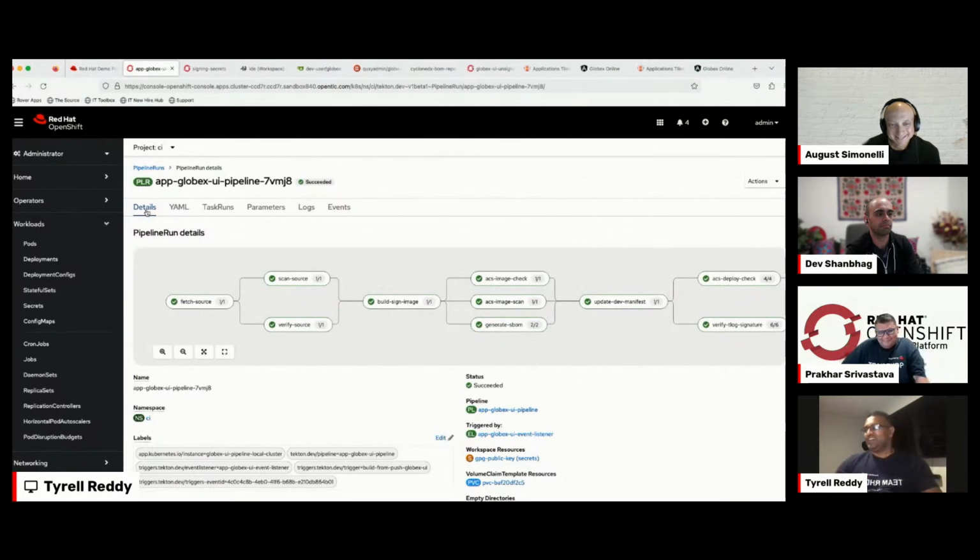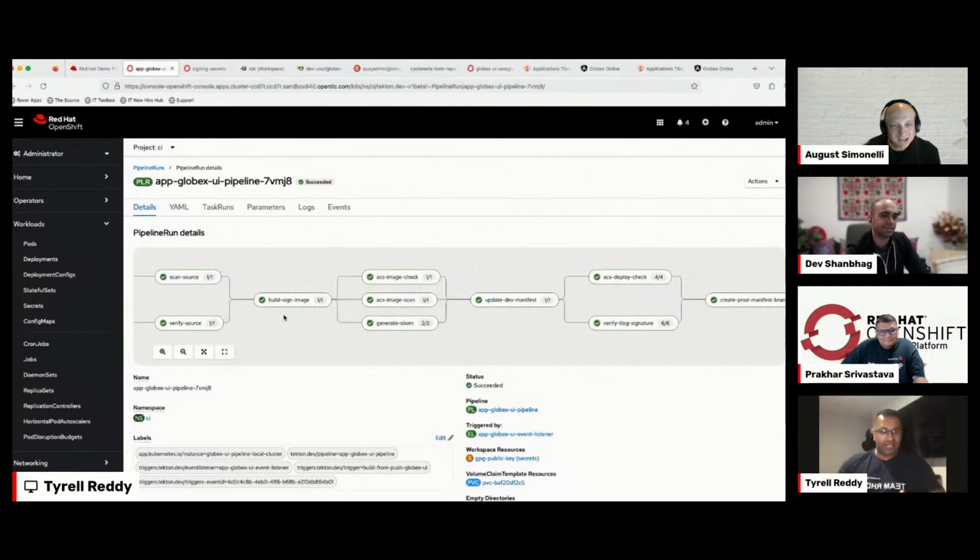Right? All right. So once we do those two steps, the next step is building our image, right? At this point, it's going to point to our source code that we've cloned and start using Builder to build a container image for us, right? Once that image is built, we've enabled Tekton Chains on this cluster. So Tekton Chains is going to look at that image and say, okay, cool, I know you built a container image because with Builder, there are two specific variables or results that are set from that task, right? It's called an image digest and an image URL, right?